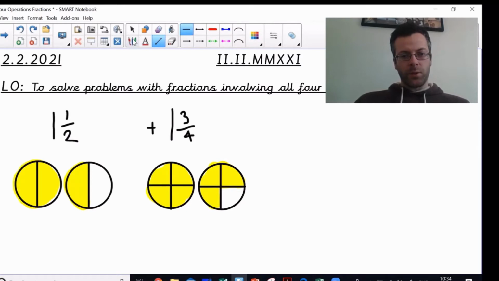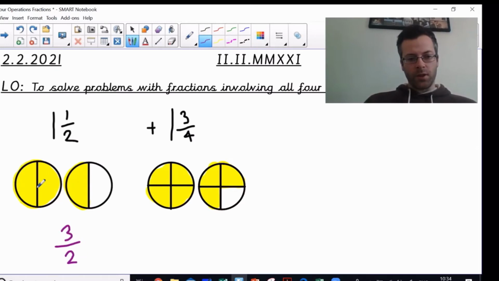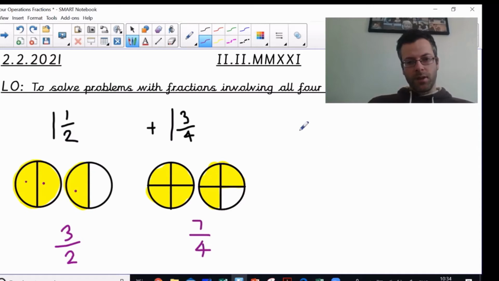So what you'll hopefully agree with me is that another way of writing 1 and 1/2 is to write 1, 2, 3 halves. Okay, if every one of those is a half, 1/2 there, 1/2 there, 1/2 there, we've got 3 halves. And in this one, we've got 1, 2, 3, 4 quarters plus these 3 quarters, so we've got 7 quarters. Okay, so then I'm left with 3/2